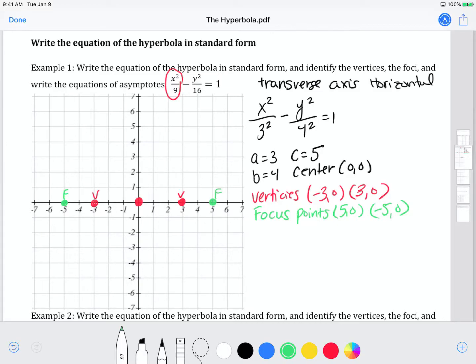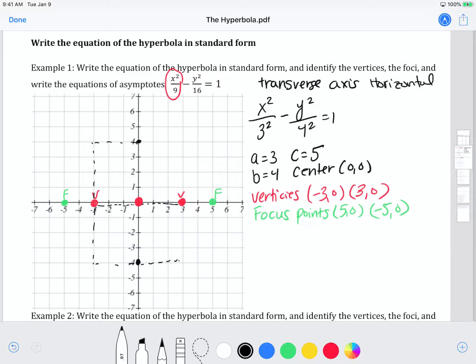Now, to draw the hyperbola, before we do that, we actually need our asymptotes so that we can see how wide it opens. And in order to get our asymptotes, we need to know the value of b, and we need to draw our box. So, to draw the box, I'm going to come out a along the transverse axis in either direction. We're going to come out the opposite direction of the transverse axis a length of b, which in this case is 4. So I'm going to come out here and here from the center,